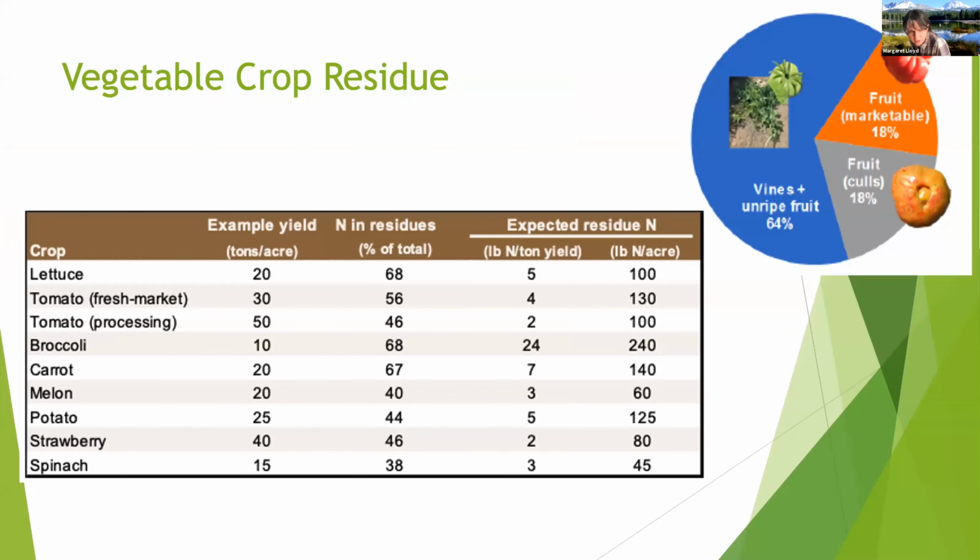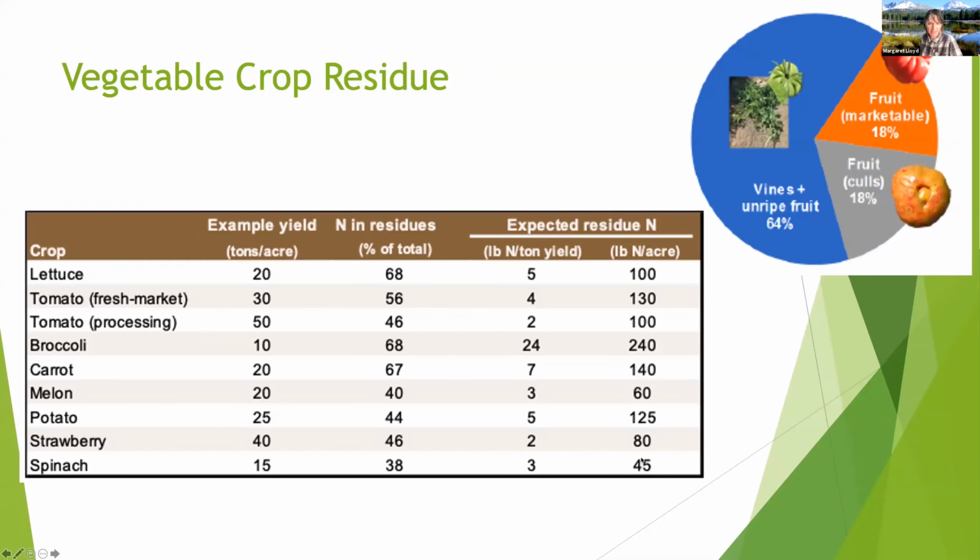Cover crop residue is going to function similarly to cover crops. And so we can talk about them in the same way and think about them in the same way. Similarly, we want to have that information of C to N ratio or tissue N content. And most of the tissue N content of vegetable residue is going to be 2.5 to 5%. So it's going to be somewhat similar to a leguminous cover crop. And then if you have an idea of how much residue you have in the field, you can do that calculation.